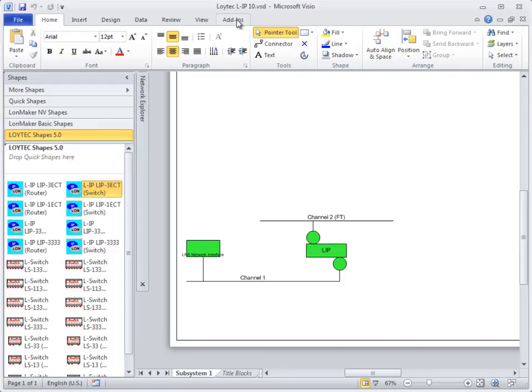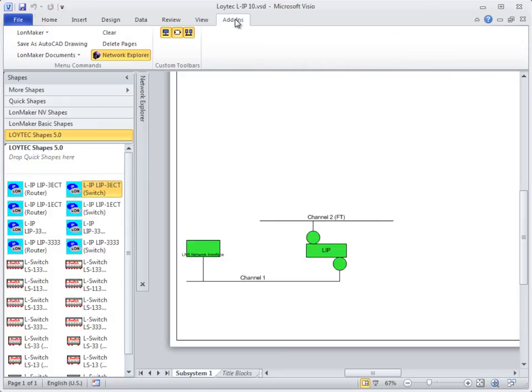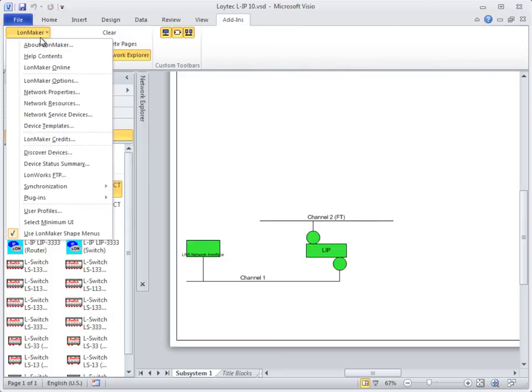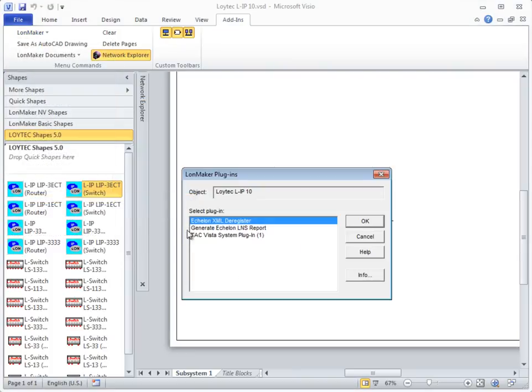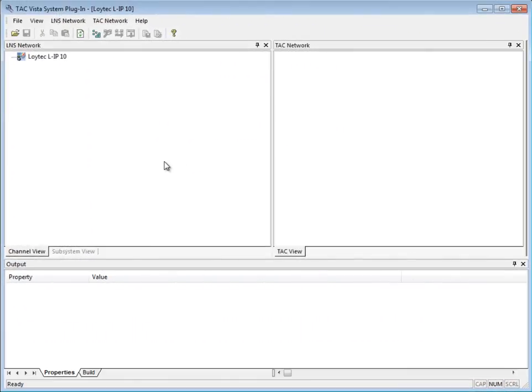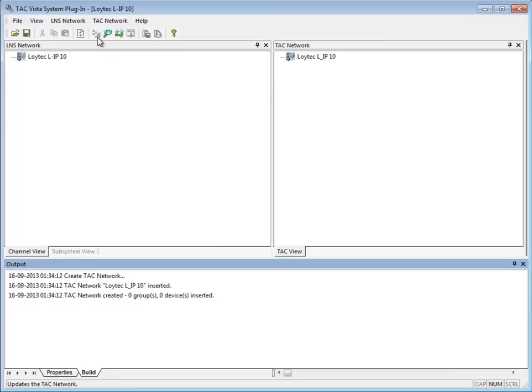Depending on your version of Visio, it's located in different places. This version is 2010, so it's in Add-in, LunMaker, Plugins, Network Plugins, and TAC Vista System Plugin. You open up the plugin and you perform the required steps to update the TAC Vista database. Click Update, click Check,